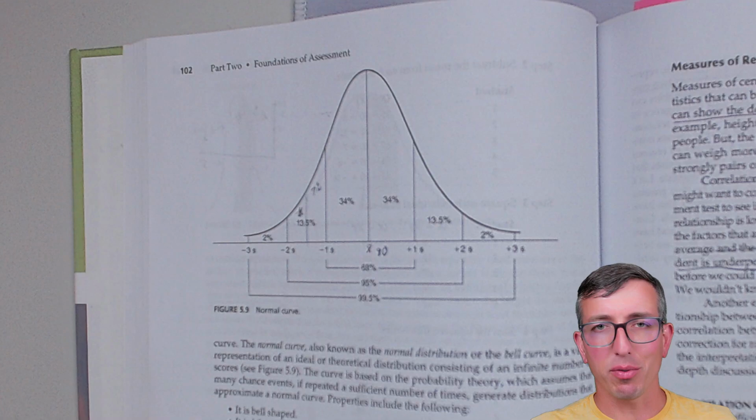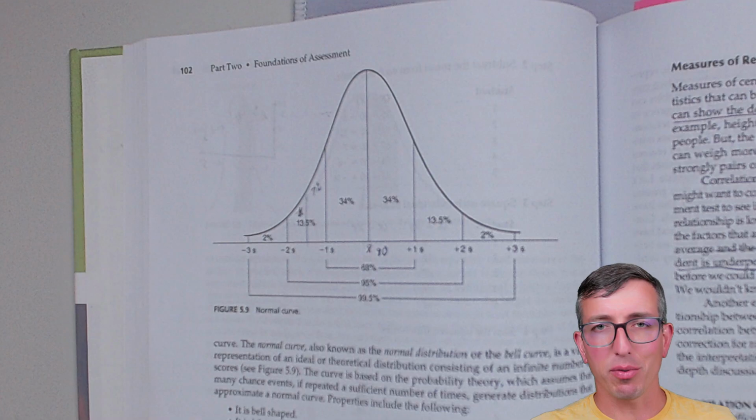So here's the thing you have to understand about the normal curve, and this will be really important for you to understand later on. So this is something you'll want to get familiar with and kind of memorize. We know that a certain percentage of all the people are going to fall somewhere between 1 standard deviation above the mean, or +1, and 1 standard deviation below the mean, -1. Just because of doing this many, many times, and we know the science, 34% of people in a normal distribution are going to fall within 1 standard deviation above, and 34% within 1 standard deviation below, same thing. So if we combine those two, what these numbers down here are telling us is that 68% of all people are going to fall within 1 standard deviation above